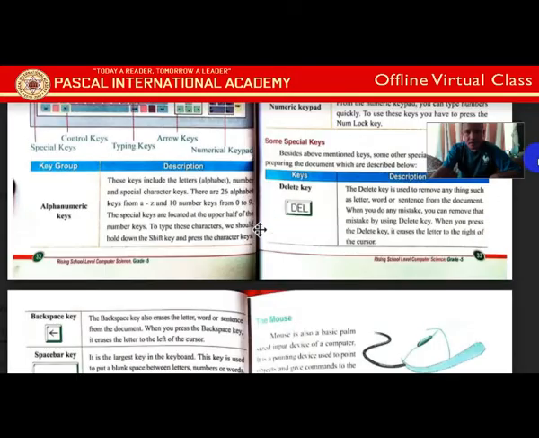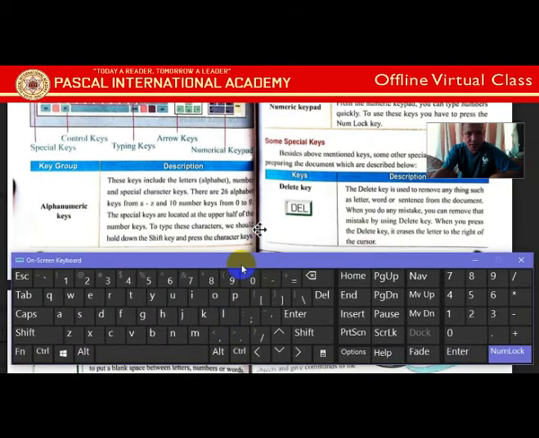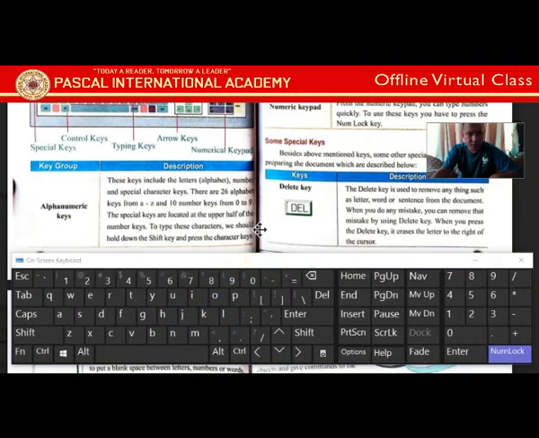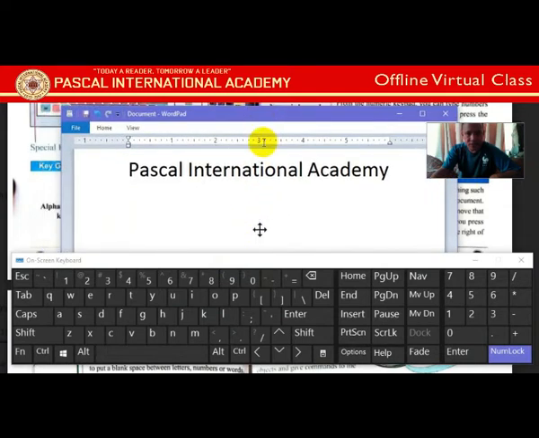Let's talk about some special keys on the keyboard and their functions. I will activate this keyboard below here. This is the online, on-screen keyboard, and a document. I'll open this document. I have written here Pascal International Academy.